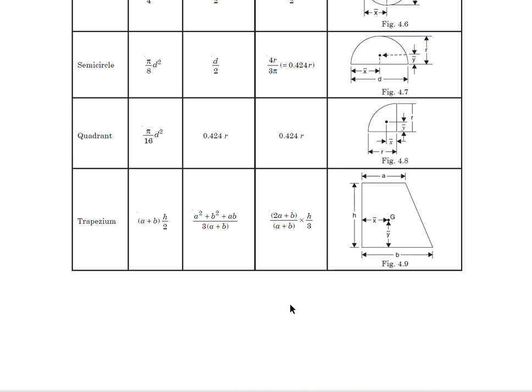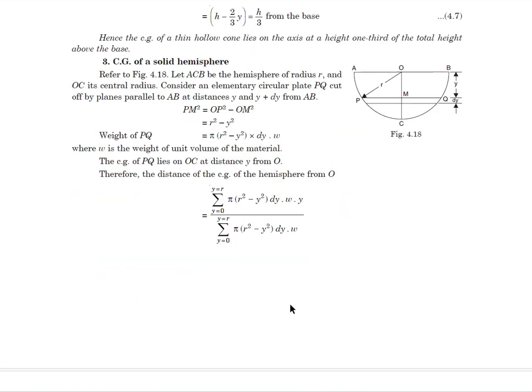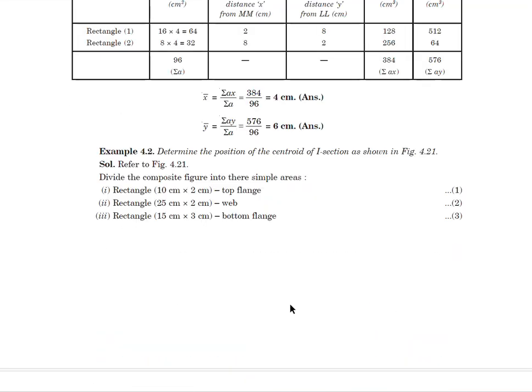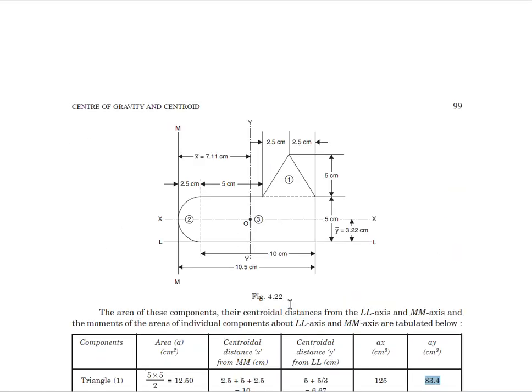So for a semicircle the x location is at the center and the y location is 4 r divided by 3 pi. So for a quadrant we will use 4 r divided by 3 pi for both x and y locations. So that we can apply over here and find out the